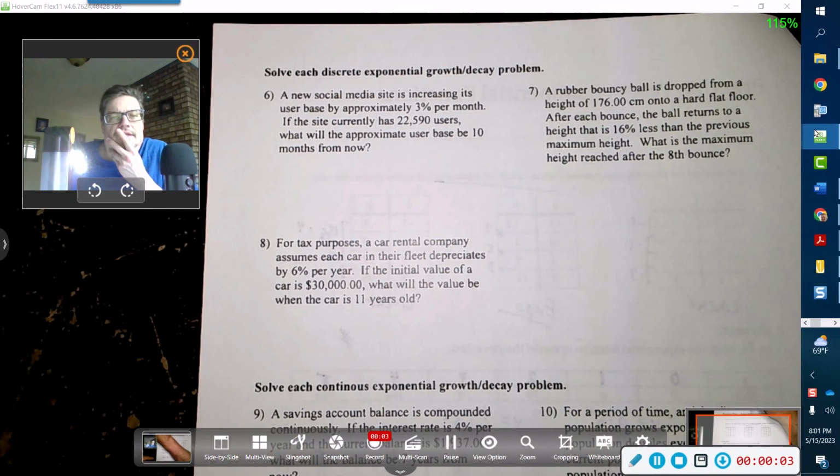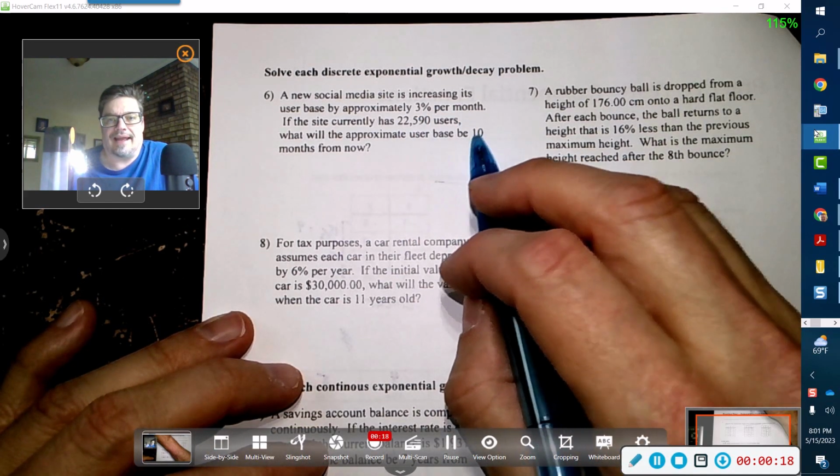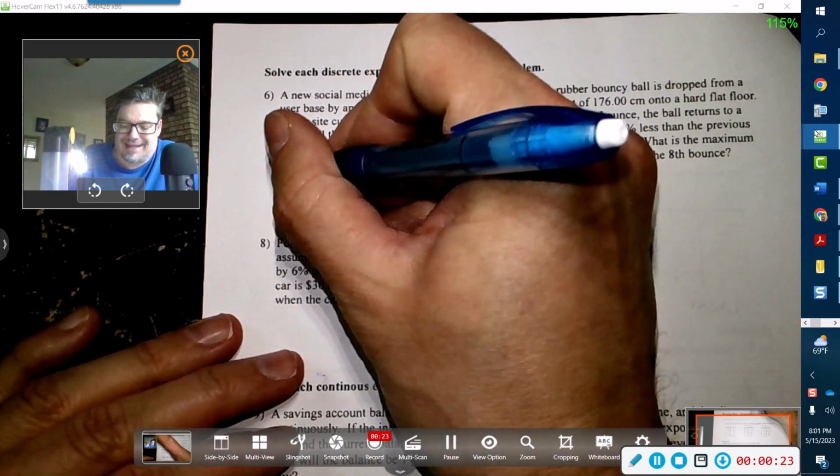Number 6, a new social media site is increasing its user base by approximately 3% each month. If the site currently has 22,590 users, what will the approximate user base be in 10 months from now? So this is 3% per month, and that is talked about in terms of months. So this means that this is going to be a consistent